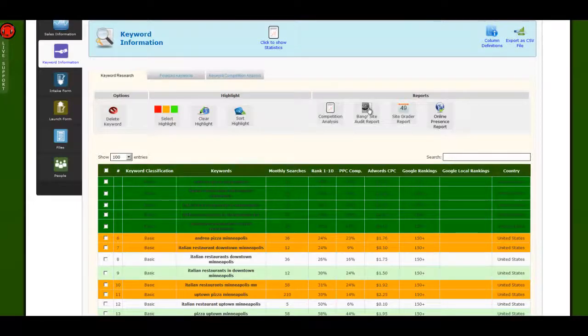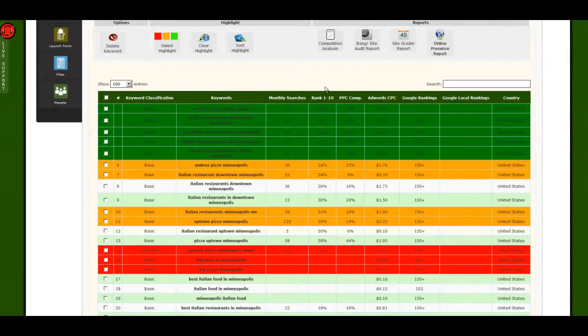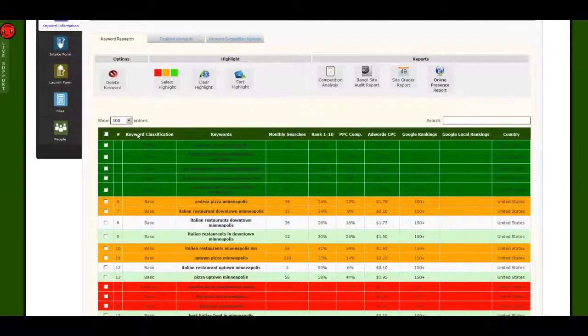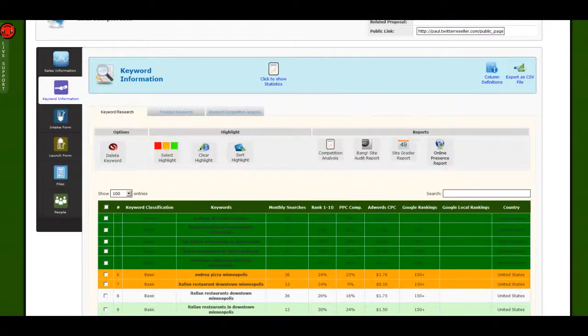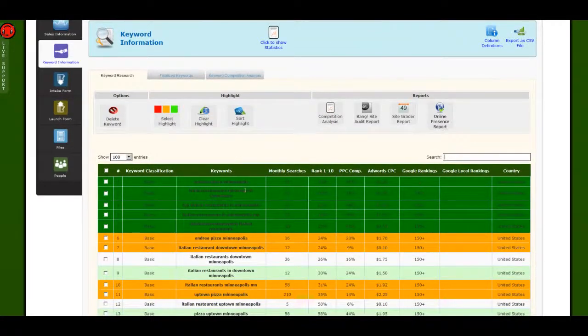You're able to see a competition analysis, a bank site audit report, a SiteGrader report, and an online presence report for your client. And you're able to come in here, view this reporting with your branding on it, the competition analysis, all the keyword research, and this module is very extensive. And you get all of this for free. This is amazing. This takes manual labor and a staff that we put there just to run this research for you. So you get the keyword research, you can search through it, you can filter it, you can select it,